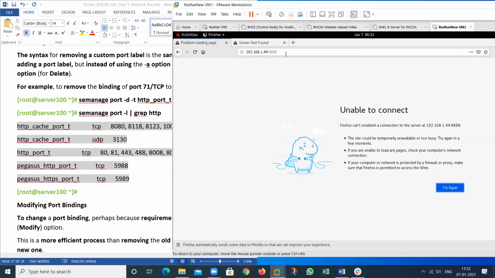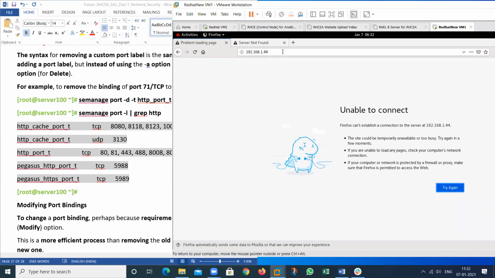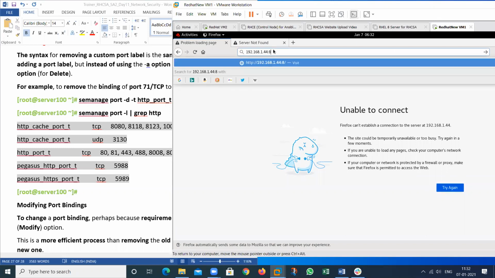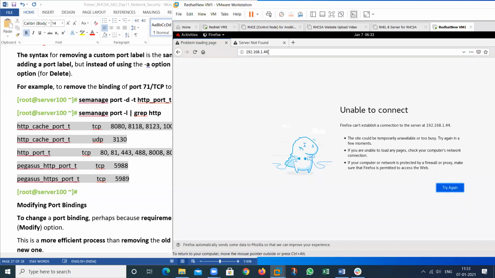This will show me an error. There is no need to type 80 here. This is the default binding, so there is no need to write it from the client side. Just type the IP address, then you are able to do this.